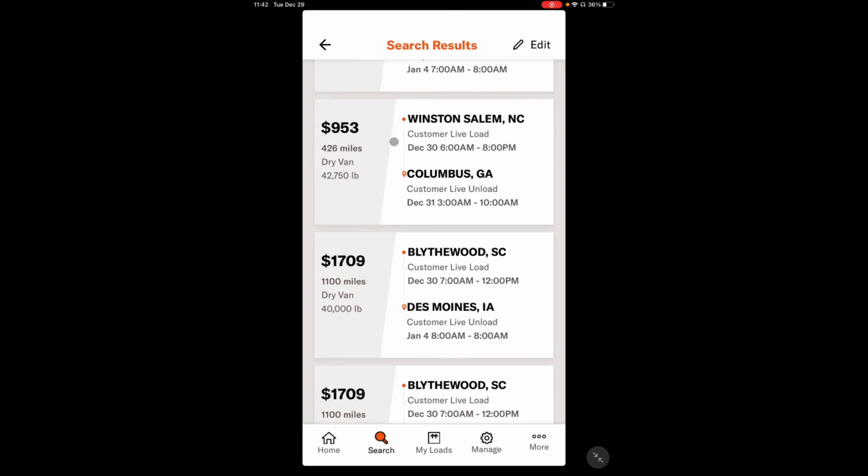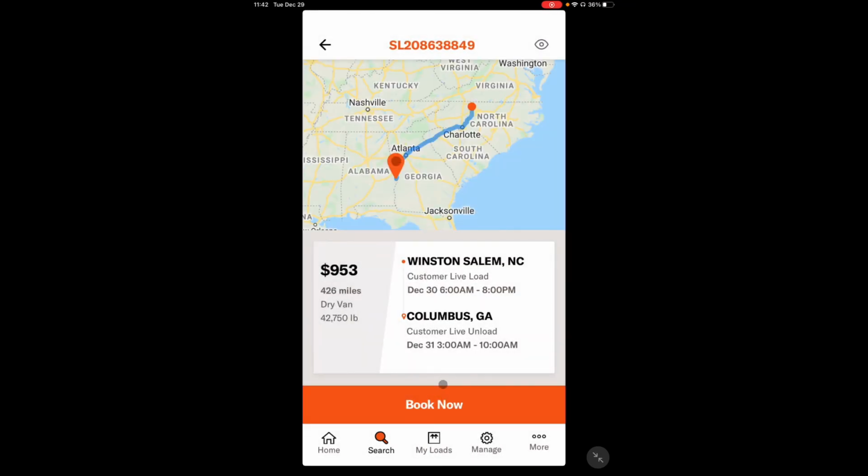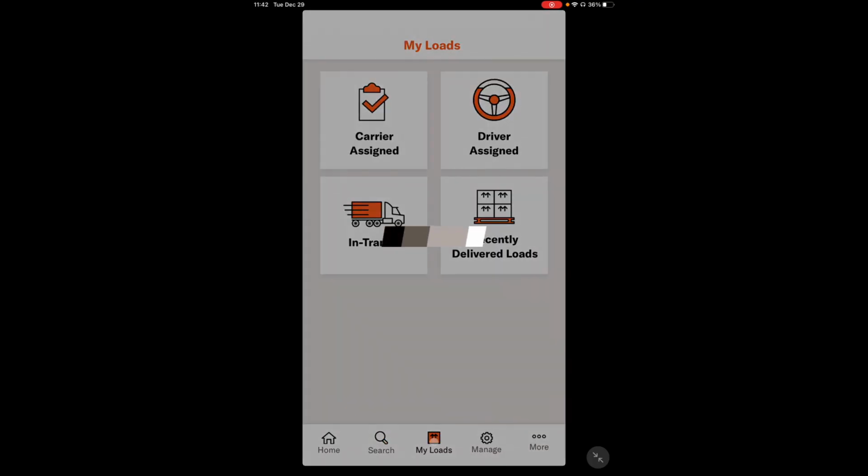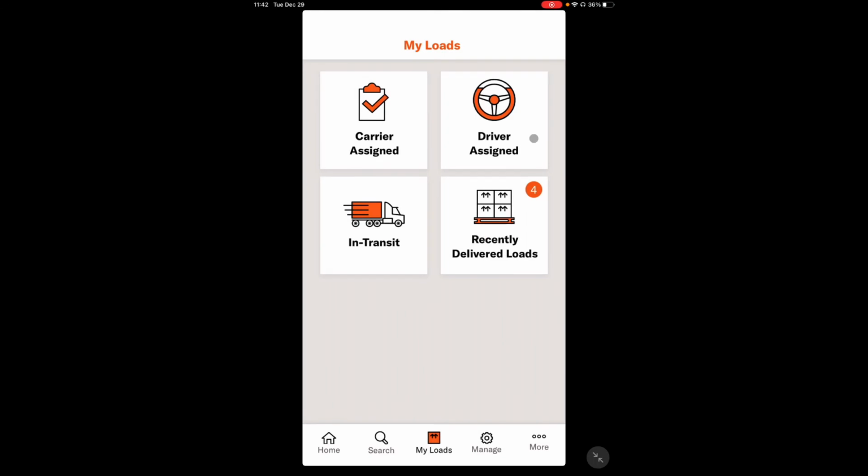So if you click a live unload, you have the option at the bottom to book now. So if you click that, that automatically is your load and it goes down here into this My Loads tab. So when you're in this screen, you can't see too much information about the shipper, but you can see the shipper information once you've booked the load. You go down here to My Loads,